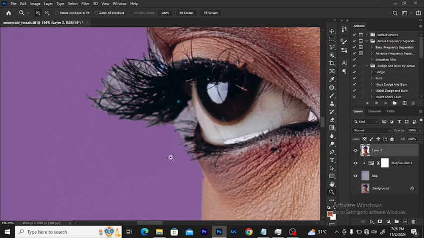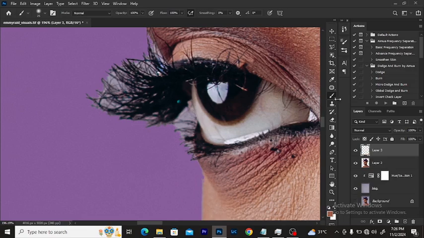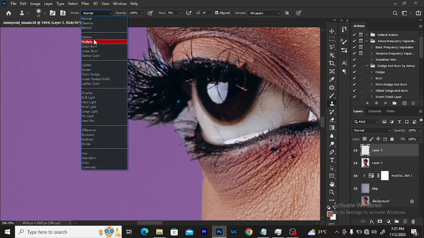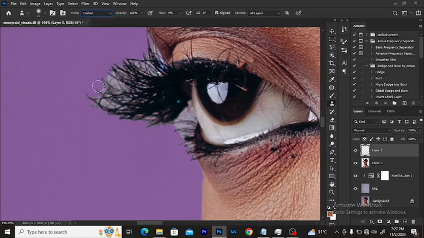look at the eyelash, you can see the remnant of the previous background. So how to fix that? I'm going to create a new layer, then I'm going to choose the brush tool. You can either use a brush tool or the clone stamp tool. Let's use the clone stamp tool and come here and change this to darken. We're going to reduce the flow and click Alt on your keyboard and just